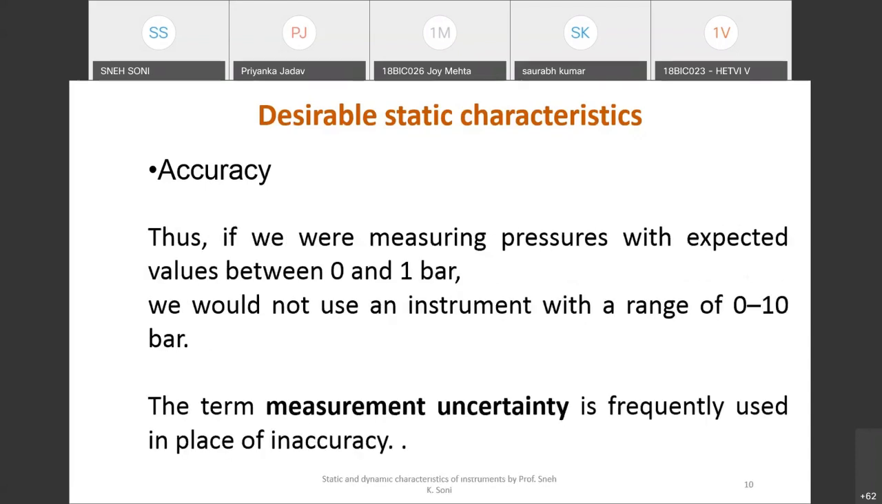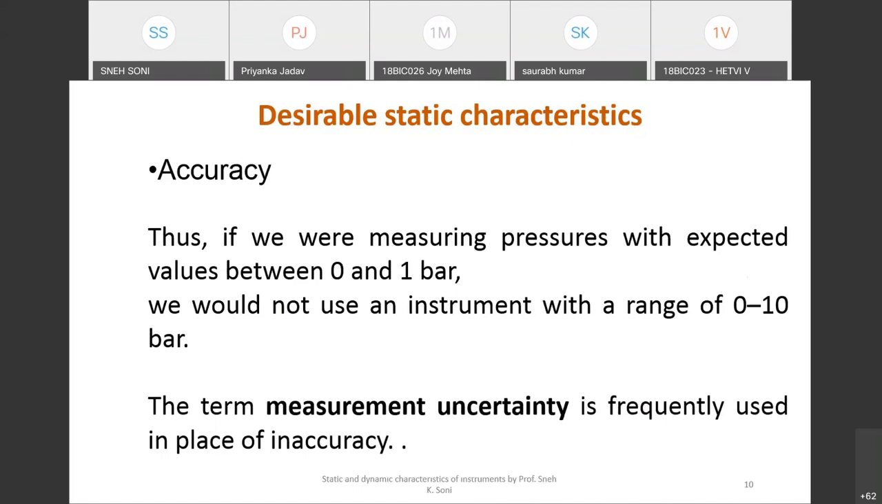So I have taken the same example here. If, for example, in the previous case, we were having a pressure range of 0 to 10 bar, and I was using this pressure sensor, but actually in my application, I have variation in the pressure from 0 to 1 bar only. So that pressure sensor will not be appropriate, right? Because it will be having 0.1 bar of error, or we can say inaccuracy, and because of that it will not be able to give me